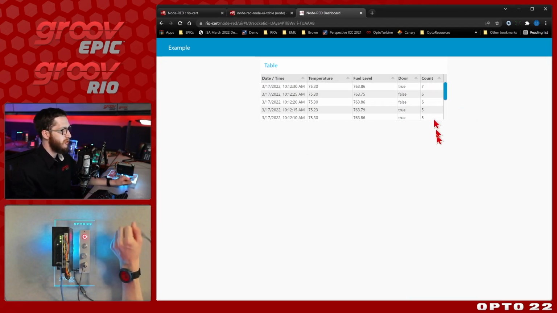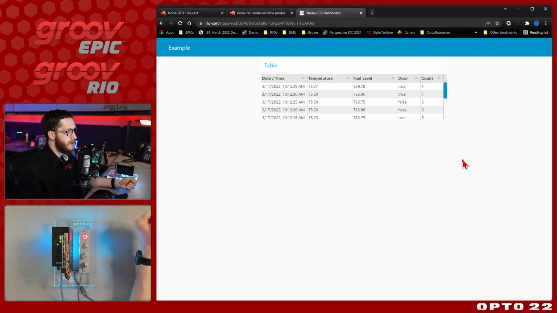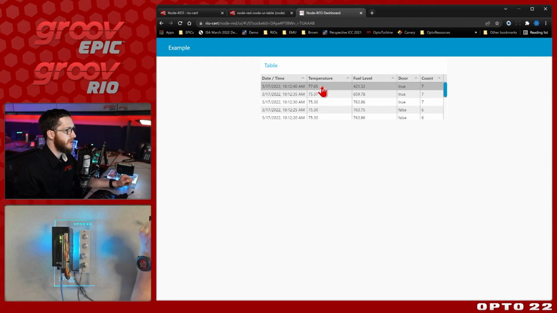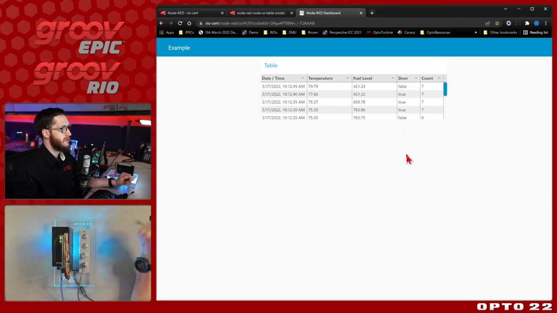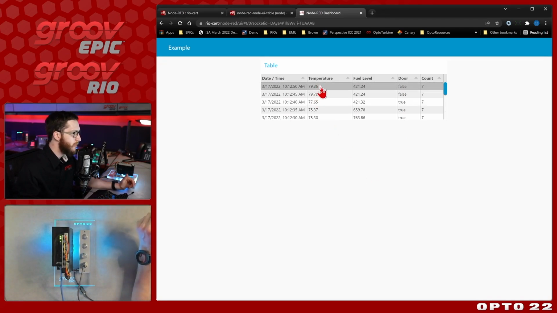can see it turns to true, my count increases, I can change the fuel level or heat up the temperature probe, and you'll see this data changing in near real time. Every 5 seconds we're going to get this new data here. You can see there we go, our temperature is increased, our fuel level has changed, we've got live data and it's continually adding here. So this is great, now we have a full table, but I'm seeing 1, 2, 3,